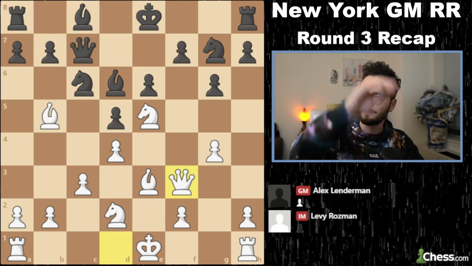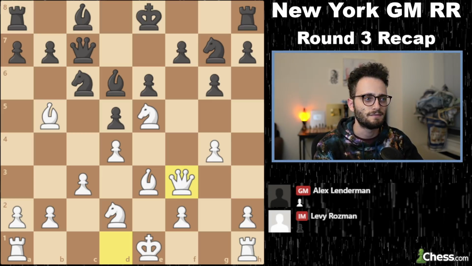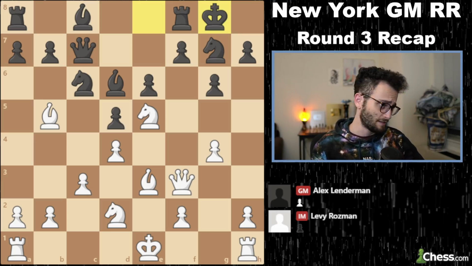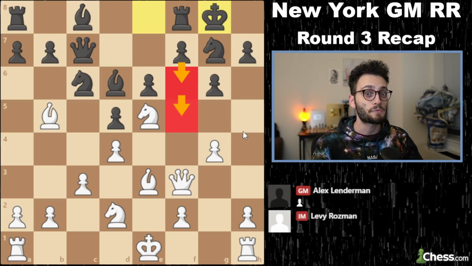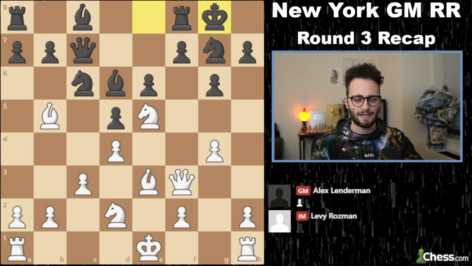And I play queen f3 and I press the clock, and I forget a rule of chess. I forget that he can just castle. And it's worse than that. It's not just castles. f6 is now a problem. f5 is now a problem. I'm sitting there like, I just forgot he could...